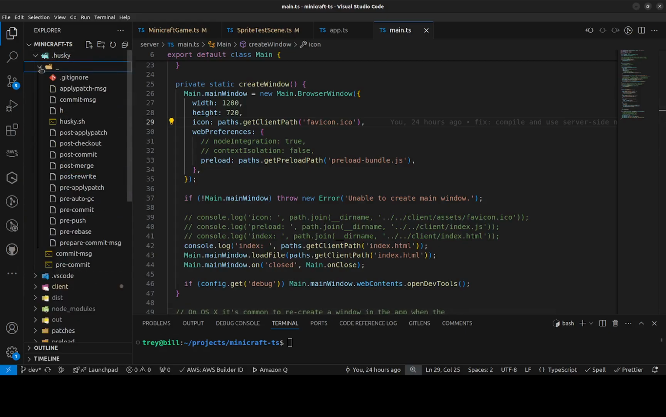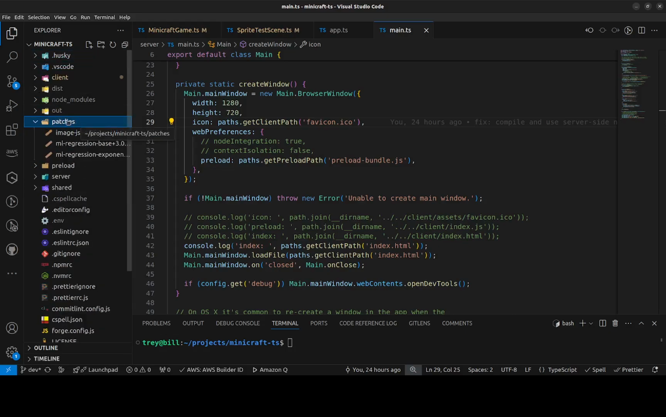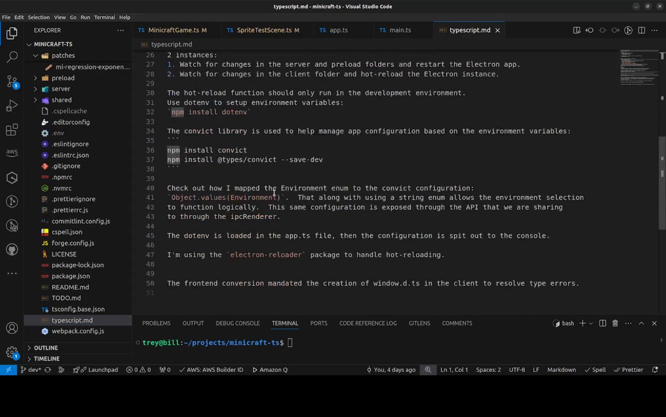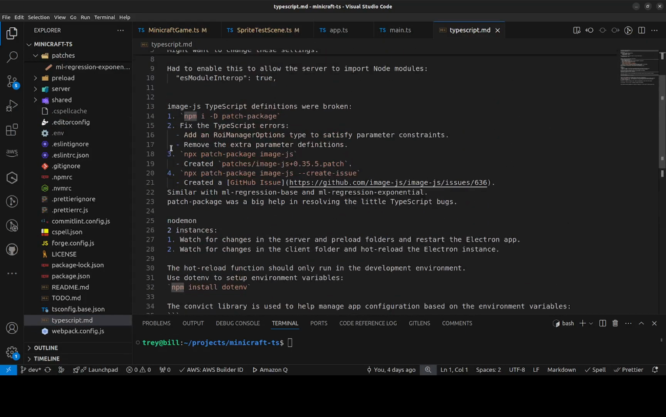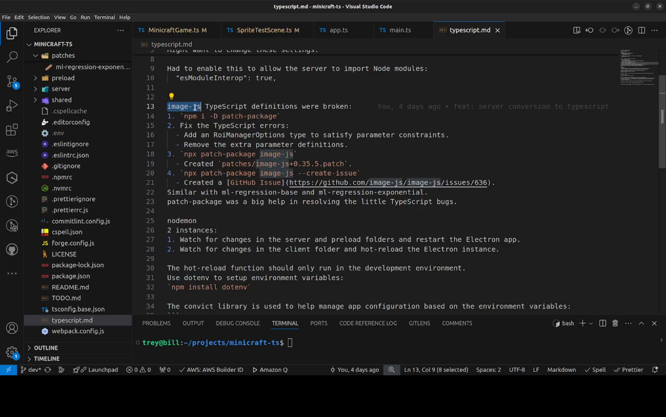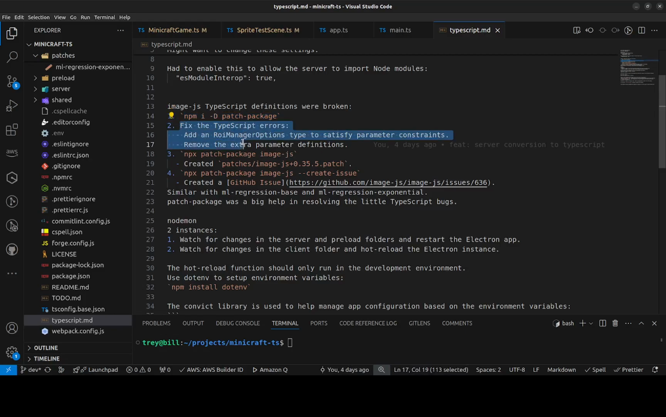Let's see. The patches folder was interesting. That one was actually, let me show you. When I converted from JavaScript to TypeScript, I found that some of the packages were broken. In this case, image.js, the type definitions didn't work. Install a patch package, and then you can go into the node modules folder and fix whatever was broken, and then do npx patch package to patch the image.js project in the node modules folder, it creates the patches folder,